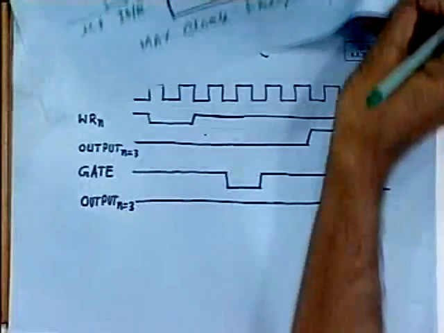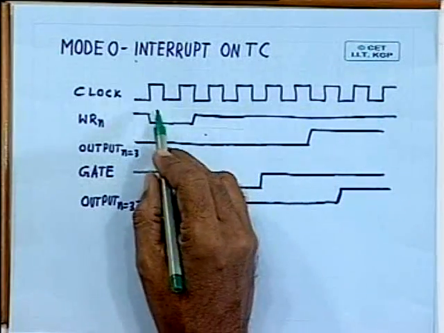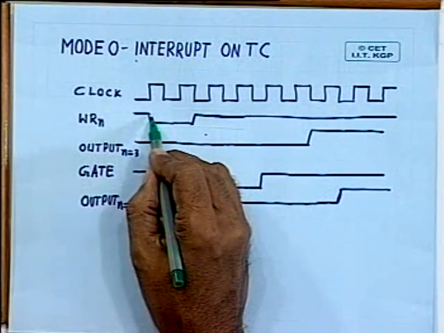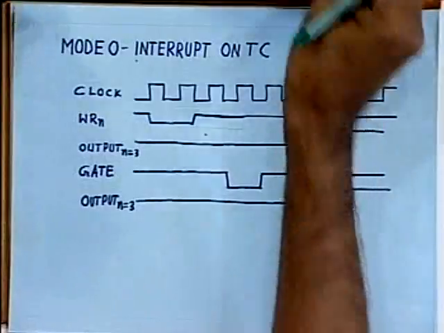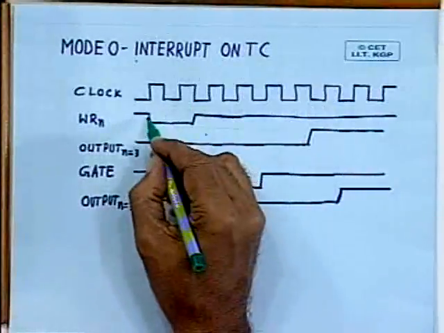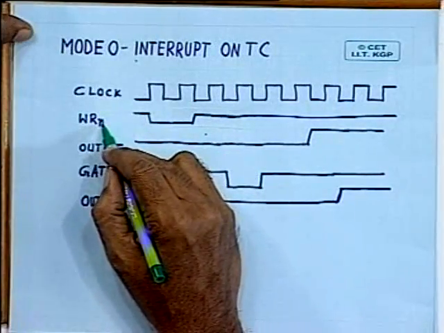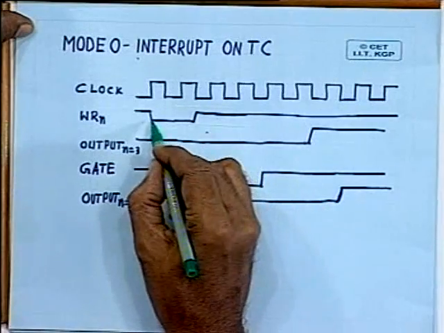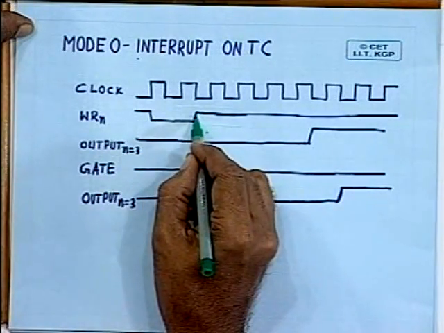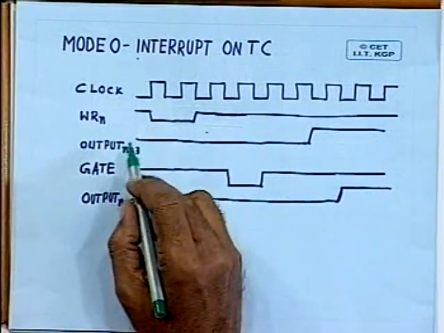So you have to apply a clock, and if you use an OUT instruction to write some value into this counter, which is shown with the help of this write signal. By write n, that means n has been written in that counter register. Whenever you write n in the counter register, after that, from the next clock it keeps on